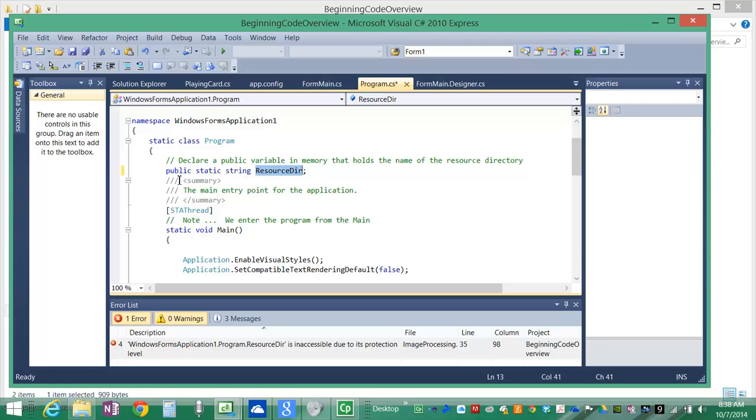In order to demonstrate the difference between public and private, I'm going to do something. Go right up here at the beginning of your program, and you'll see public, static, we'll talk about that later, string. String is the data type of the variable. The variable name is resource directory. I'm telling the computer to make a string type in memory, call it resource dir, and store inside of that variable name a string. It is going to be accessible throughout the application. When I hit F5,